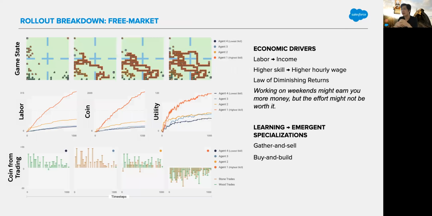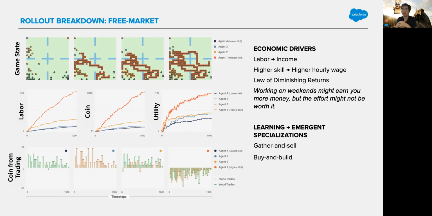What is important here is that for the simulation to be meaningful, it has to reflect economic behavior in some fashion. In this case, the way we achieve that is by having a law of diminishing returns. What that means is that as agents work to make money, and their skill determines how much money they get, every agent experiences a law of diminishing returns, where their reward or utility from working actually decreases as they make more and more money. And this is also an established